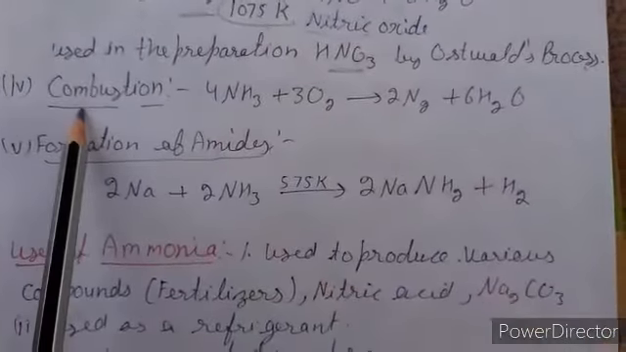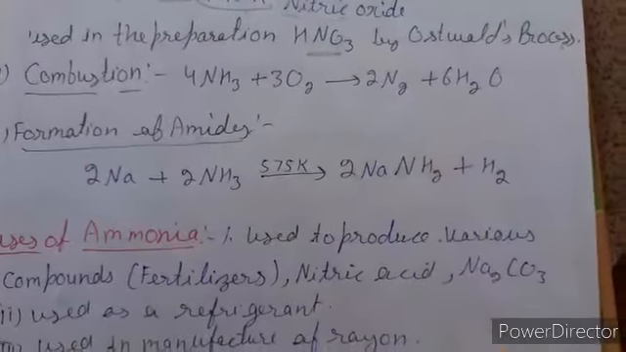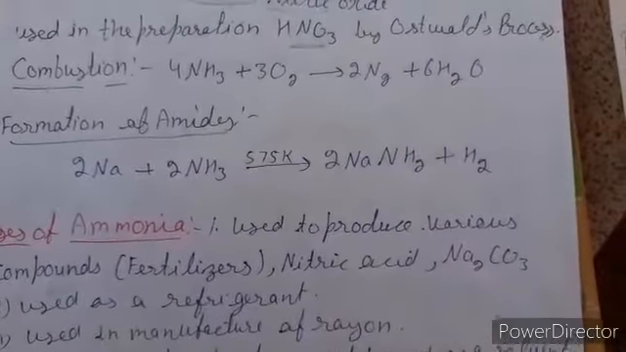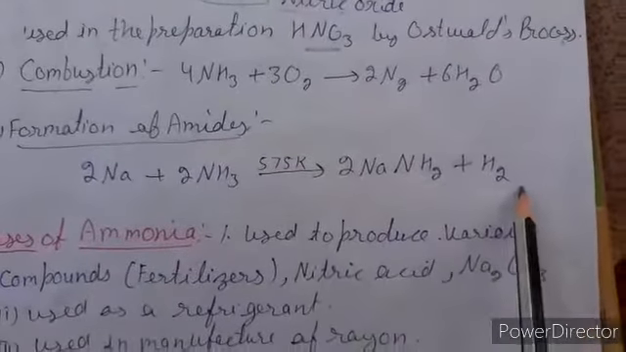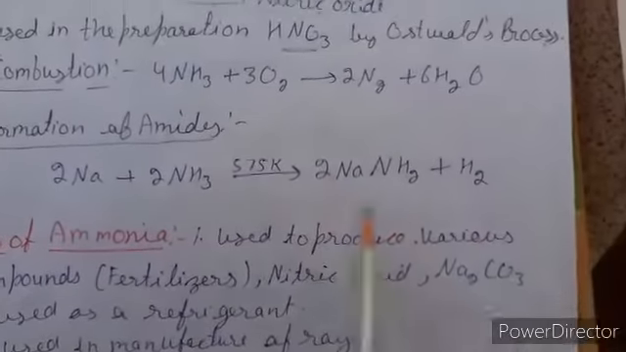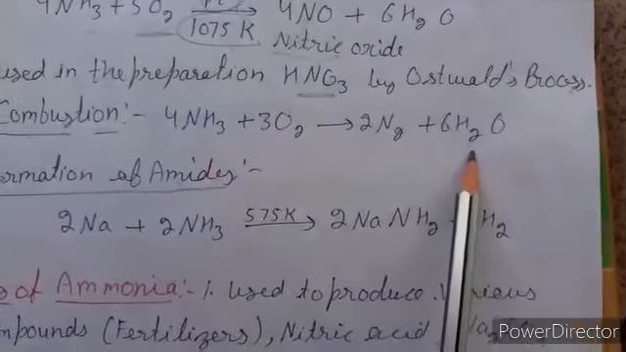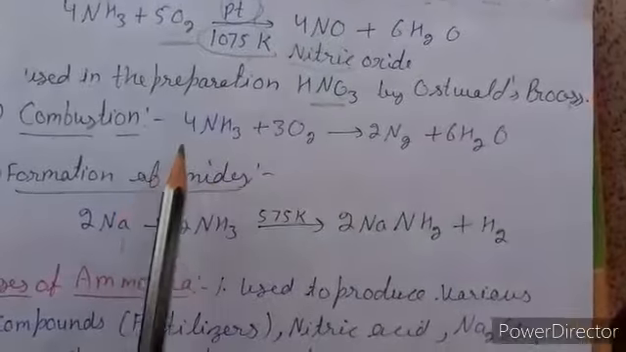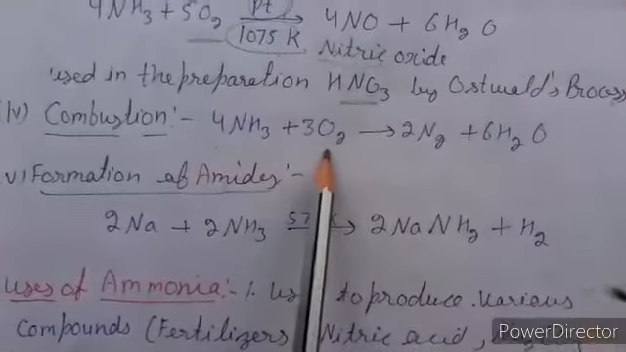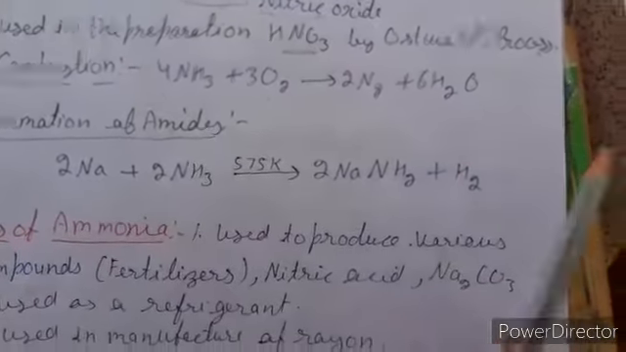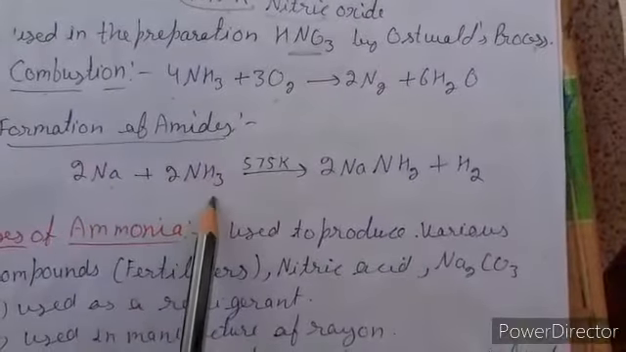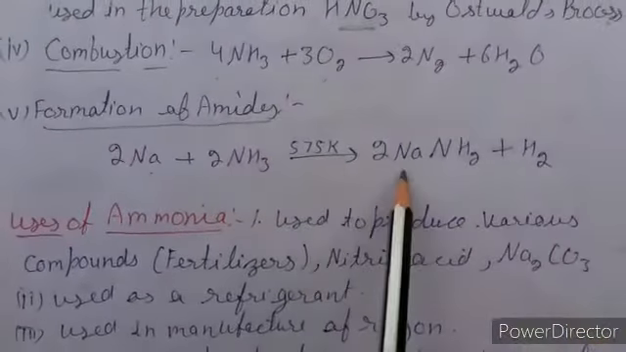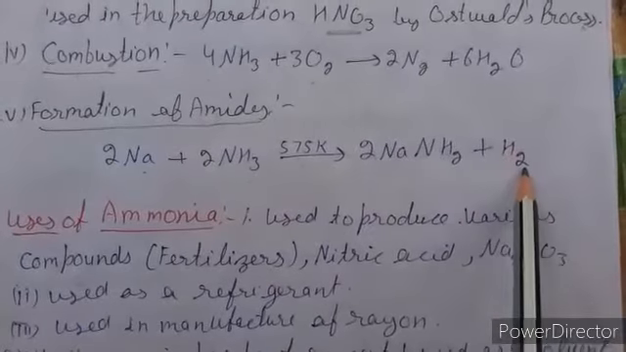It is also combustible in nature, but it is not a supporter of combustion, nor a combustible substance, but it burns in the presence of oxygen to form dihydrogen gas along with water vapors. So when ammonia reacts with oxygen, upon heating with oxygen, it will decompose into nitrogen along with the water vapors. Next, formation of amide. When we react sodium metal with ammonia at this temperature, it will form sodamide along with the liberation of hydrogen